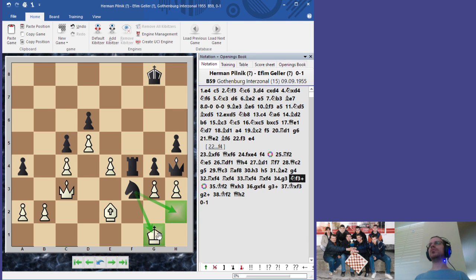So if you go to h1 or g2, queen will simply take on h3 with a check. So the only move that white had at his disposal, or even on f1, the same goes there. Queen takes the pawn on h3 with a check. So the only move that kept white in the game was king f2, and I love